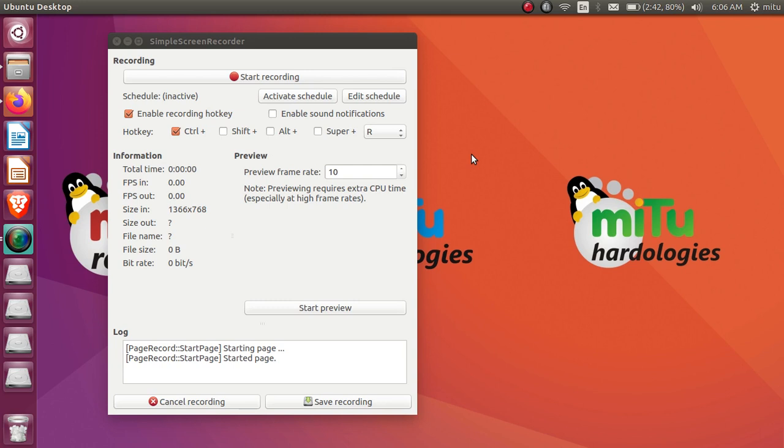So these keys will not be used. You should not use keys which are available by default with some options in your operating system. That's why I'm using Control R, or you can make a combination, like Control Shift Alt Super, or Control Shift R, or Control Alt R, or Shift Super R. Any of these combinations are possible, so that opening the screen video recorder is not compulsory. In this way you can choose your own options instead of the default ones, and I'm using R.